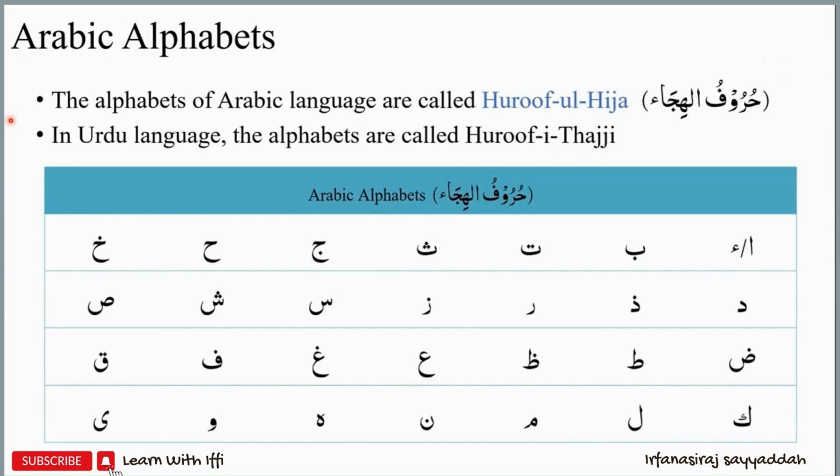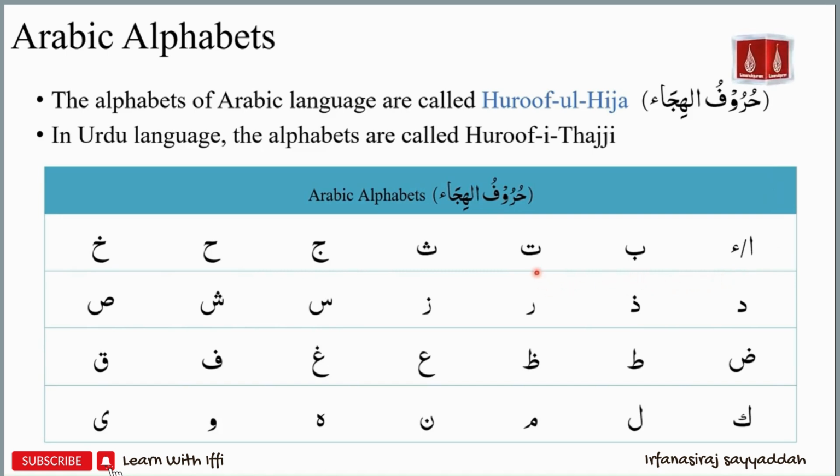Our first objective is to learn about the Arabic alphabets. The alphabets of Arabic language are called huruful hija. In Urdu, the alphabets are called huruf-e-tahajji. The following diagram shows a list of huruful hija or Arabic alphabets. We will look at these one by one to see how they are pronounced. We will start with alif,